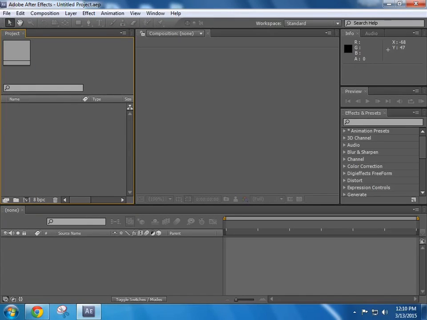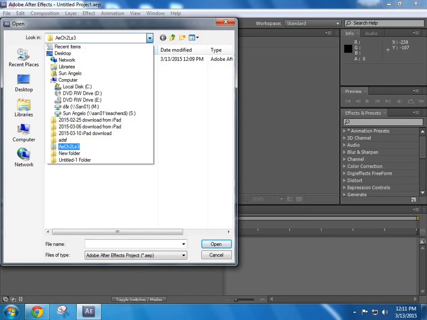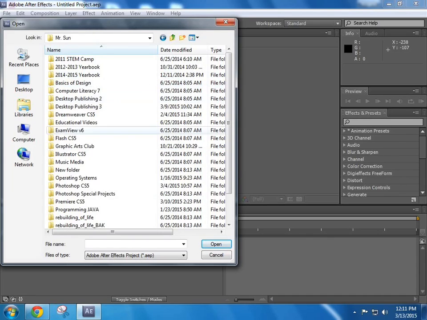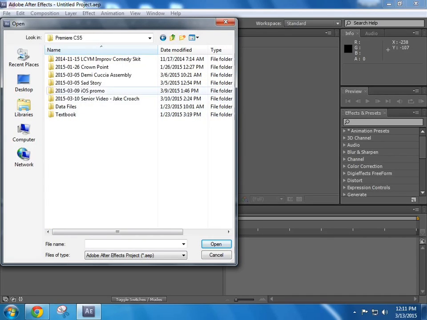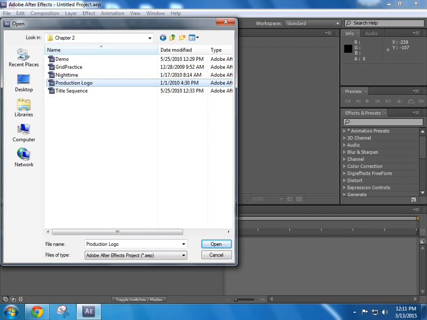So in After Effects, in lesson 3, we're going to be creating a production logo, and we're going to manipulate Photoshop files into our project. So the first step here on page 236 in lesson 3 is that we need to open the project from the data files, which is under Mr. Sun, under Premiere, under Data Files, Chapter 2, and the one that they want you to open is Production Logo,